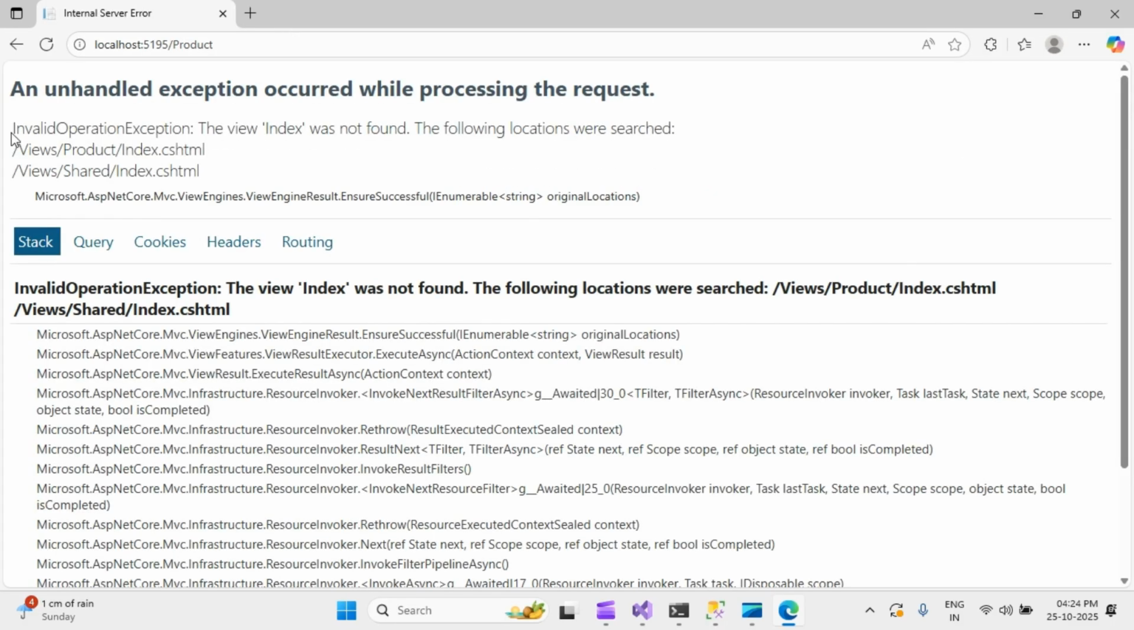So it will give you the exception. The reason for showing this is that you may receive this exception, so you should understand how to fix this. It will say invalid operation, the view index was not found, the following locations were searched. That means it is saying we already searched in the product folder and the shared folder, but it was not found because we have not created the index.cshtml file. Now I'm going to create this file,